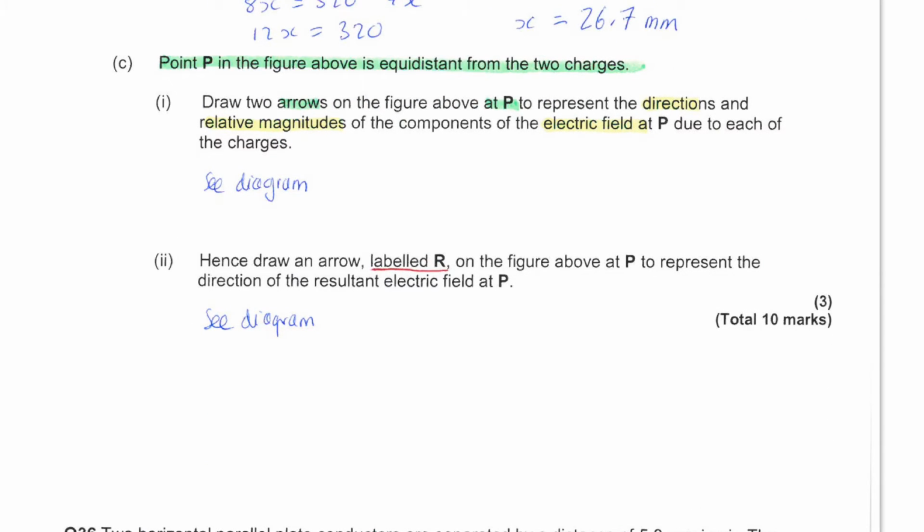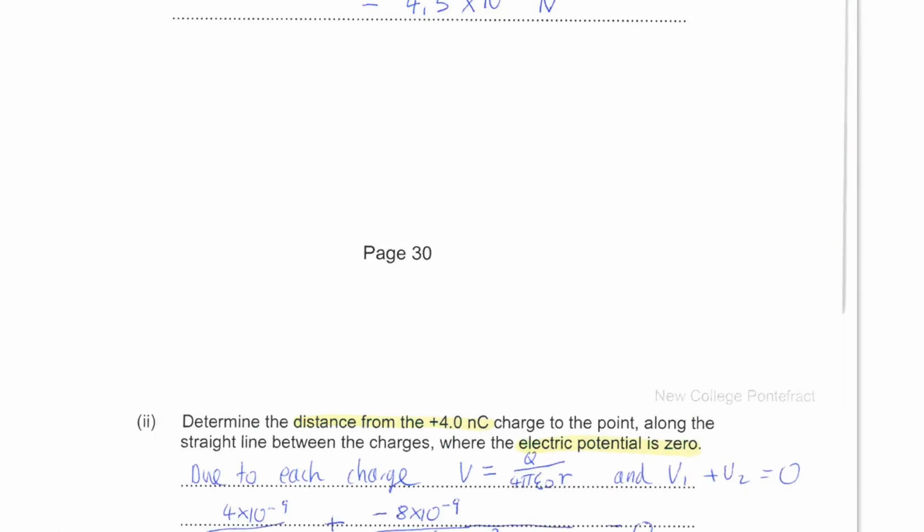Next, you are told that there is another point P in the diagram, which is the same distance from each of the charges. You're asked to draw arrows at the point P to show both the direction and the relative sizes of the electric field at P due to each of the charges. Following that, you are asked to then draw an arrow to represent the resultant electric field and label this as R. So going back to the diagram,